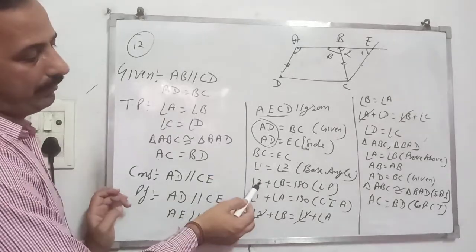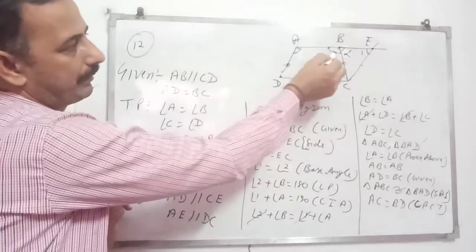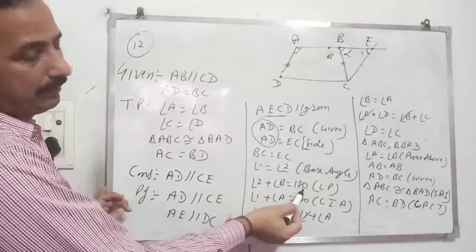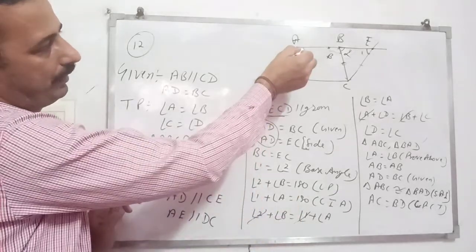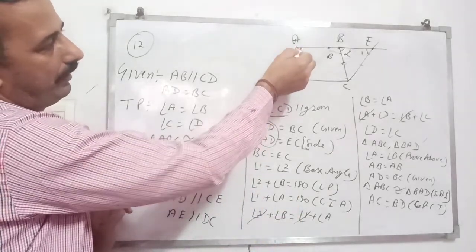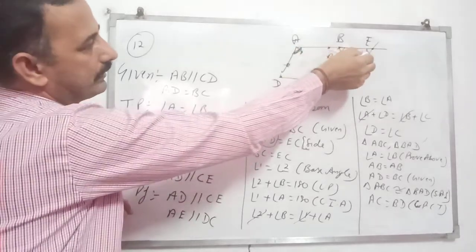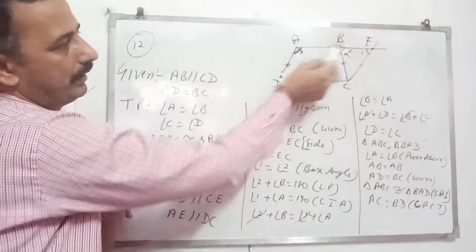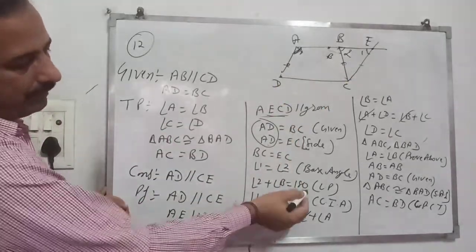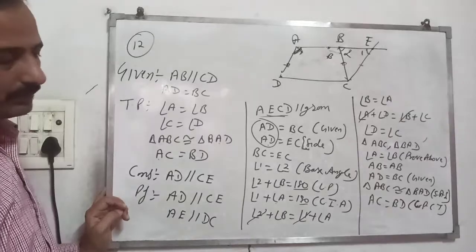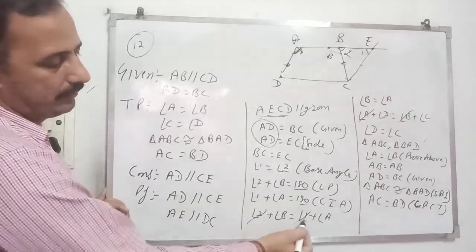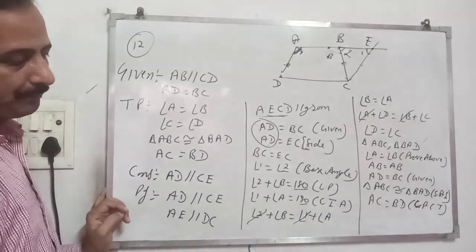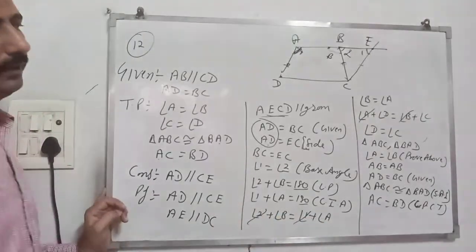So we know that angle 1 plus angle B, we represented angle B. So angle B plus angle 2, they are 180 degree because of the linear pair. But angle 1 and angle A, their sum is equal to 180 because that is co-interior angle. From here, their left sides are equal, so right side is also equal. So angle 2 plus angle B equal to angle 1 plus angle A. Angle 1 and angle 2 cancel with each other. So angle B equal to angle A.